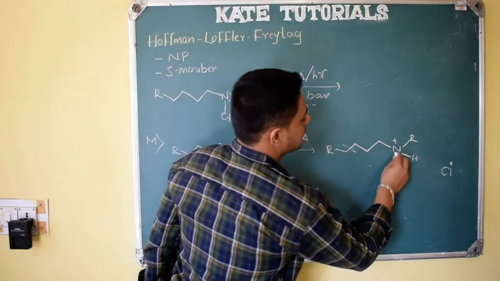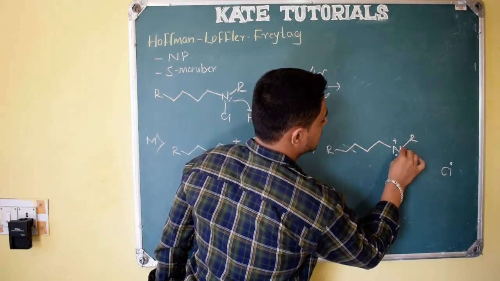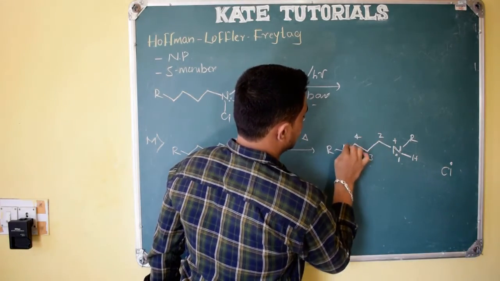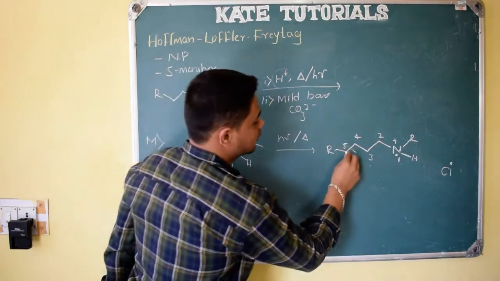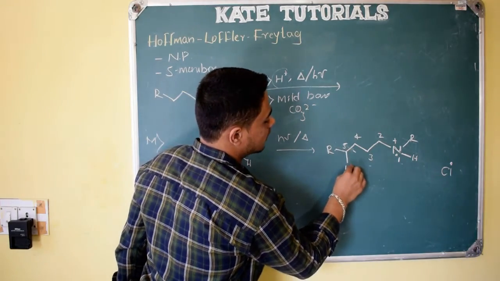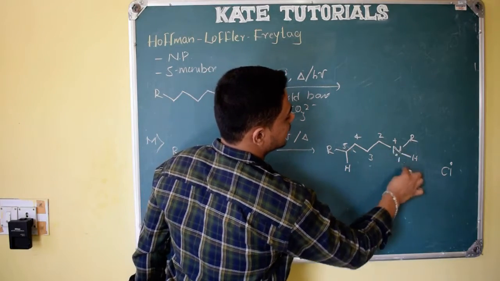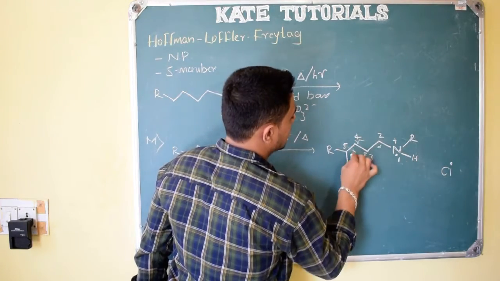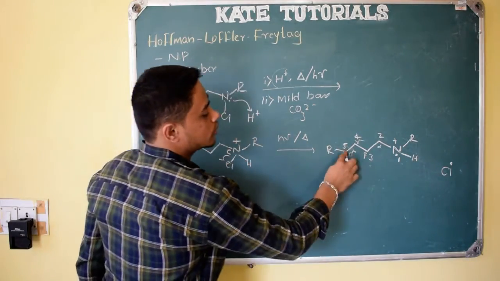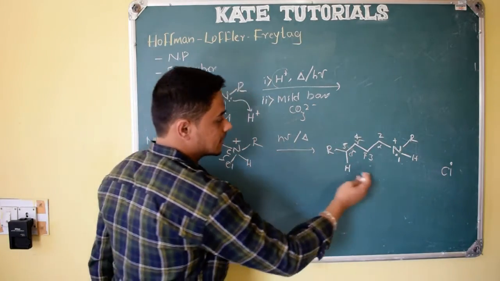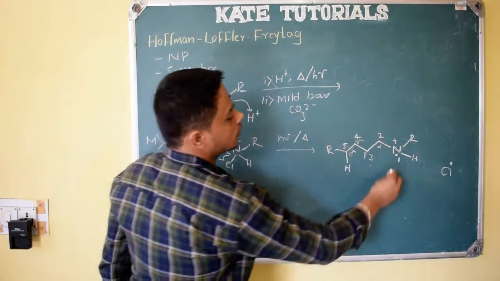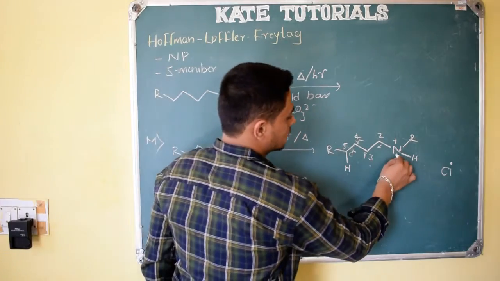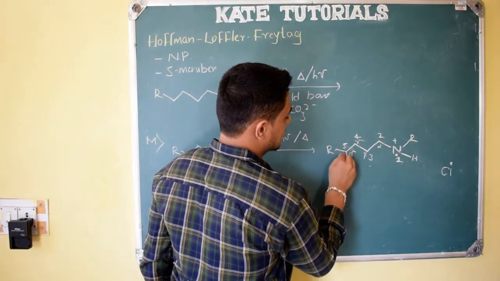First see, nitrogen has a positive charge, and numbering nitrogen as 1, 2, 3, 4, and carbon 5, the fifth carbon should have one hydrogen. If I consider this as a functional group, this is alpha, beta, gamma, delta. The delta carbon should have hydrogen. You can remember it like this, or the fifth carbon should have hydrogen when we number nitrogen as 1, right? Because of this radical, it will initiate the radical mechanism.